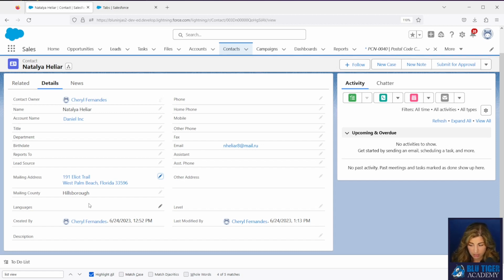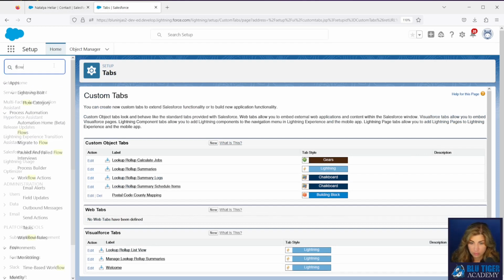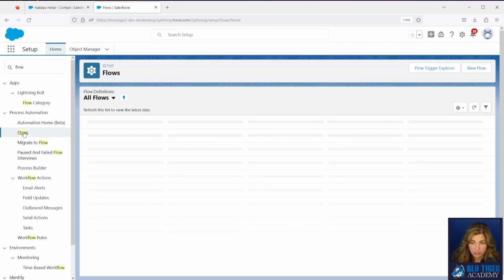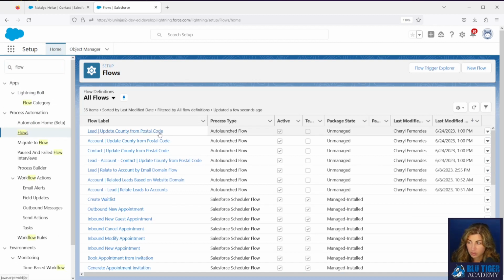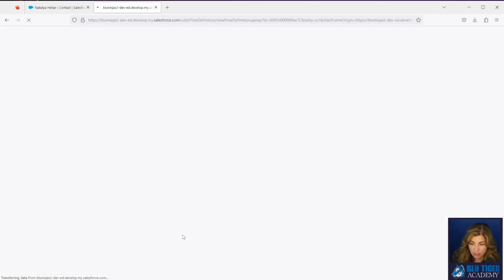So we're going to go into Setup, and we're going to go to Flows. You will click Flow. And then we're going to go to this first flow here for leads. We're going to open it.